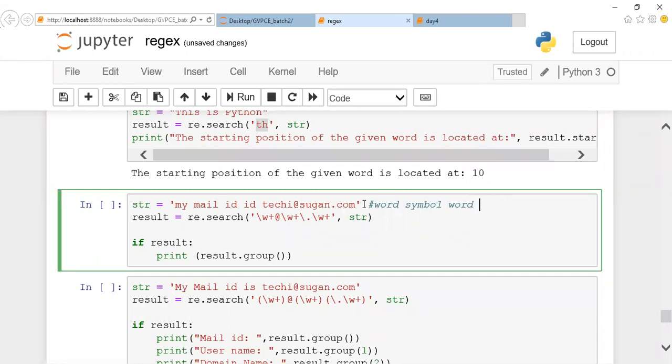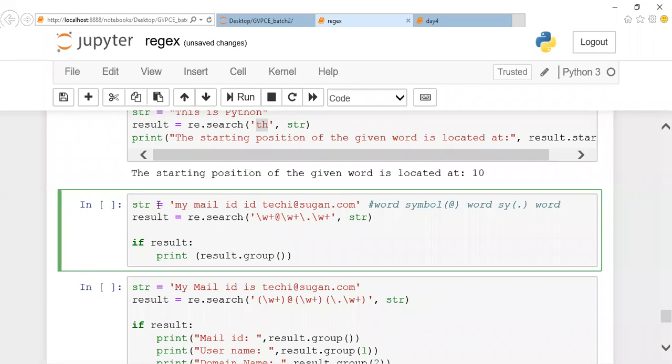I know exactly what the symbols are. Here I know the exact symbol, that is @, and after this I have one symbol, which is exactly the dot symbol. And after this again I have a word. This is the structure of the mail ID I want to find. As I told you, we can search for a phone number or a pin number, some pattern which has the first three numbers, two numbers. When you have a pattern like this, I can go ahead with this search operation, guys.